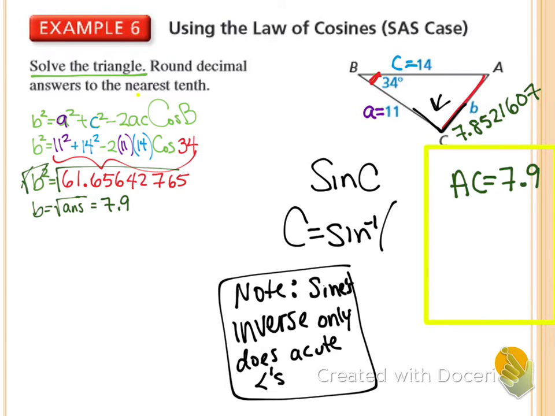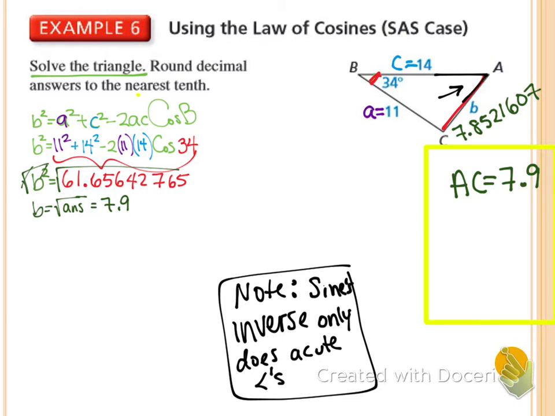So here's what we're going to do instead. Since we can't use the inverse of sine for obtuse angles, of course, angle A is acute. So if we find angle A and we know angle B, we know the three angles in a triangle add up to 180, and we could find angle C. So you have to find the acute angle here. So we're going to find A. So we're going to say sine of angle A, because you want what's missing in the numerator, over side A, which is 11,